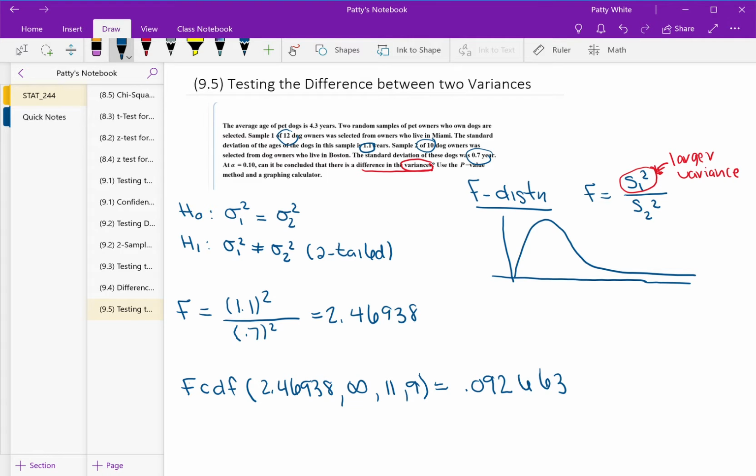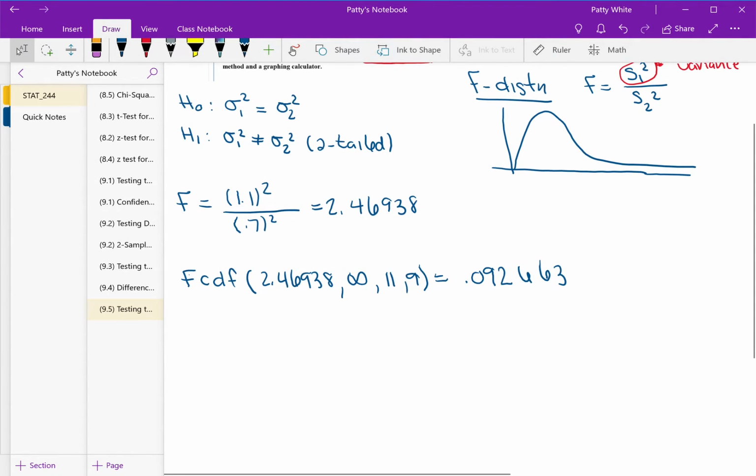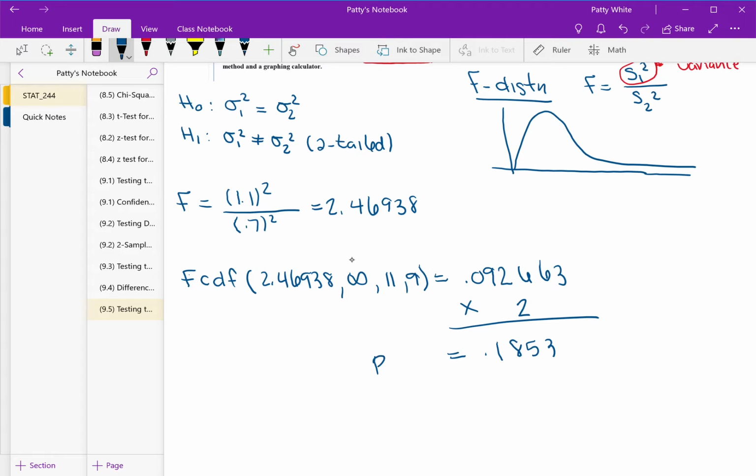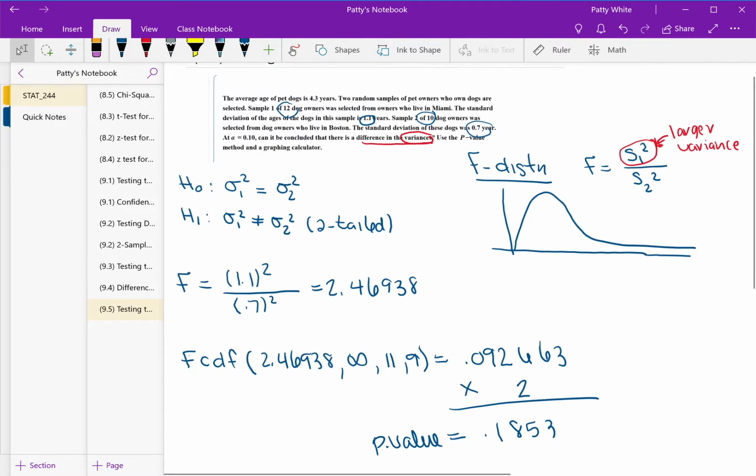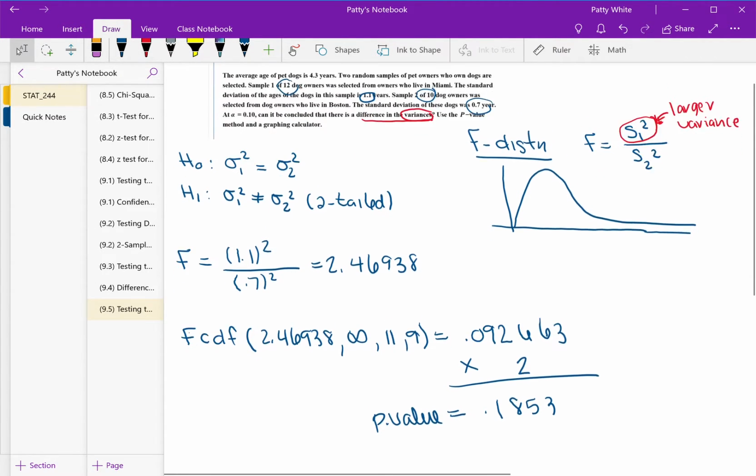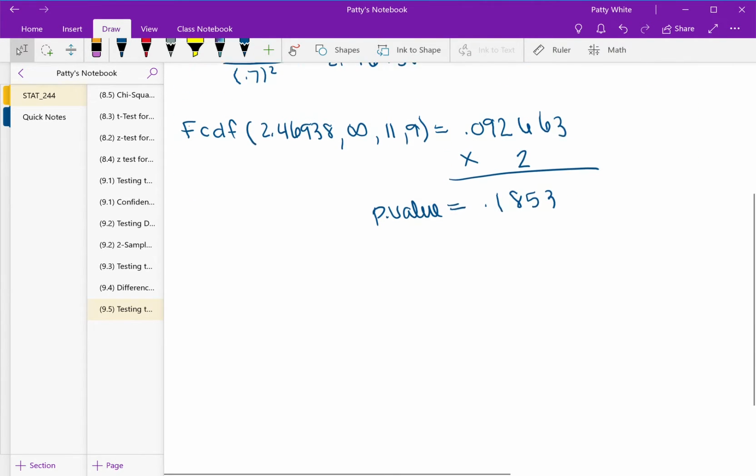Now recall that we had a two-tailed test. This area is just the area for one side, from the test statistic to the tail of one side. So we need to multiply this by 2 to account for the other side. That means we get a p-value of 0.1853. This is our p-value. Now that p-value is greater than our alpha value. If you recall, our alpha value was 0.1, and this p-value is greater than 0.1, so our decision is going to be